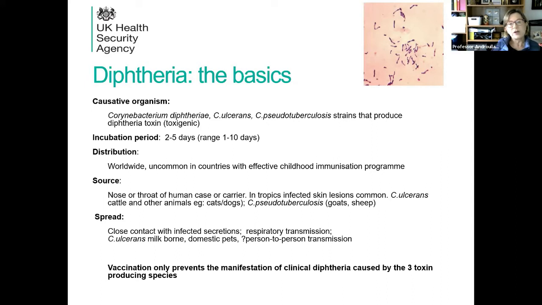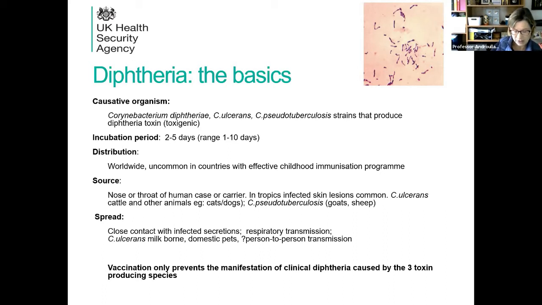That is C. ulcerans and C. pseudotuberculosis. The latter two are zoonoses, and C. pseudotuberculosis is in fact quite rare in causing the disease. The incubation period of the disease is approximately 2 to 5 days. It can be longer, up to 10 days. The distribution of the organism is worldwide, but it's usually quite uncommon in countries that have good and effective childhood